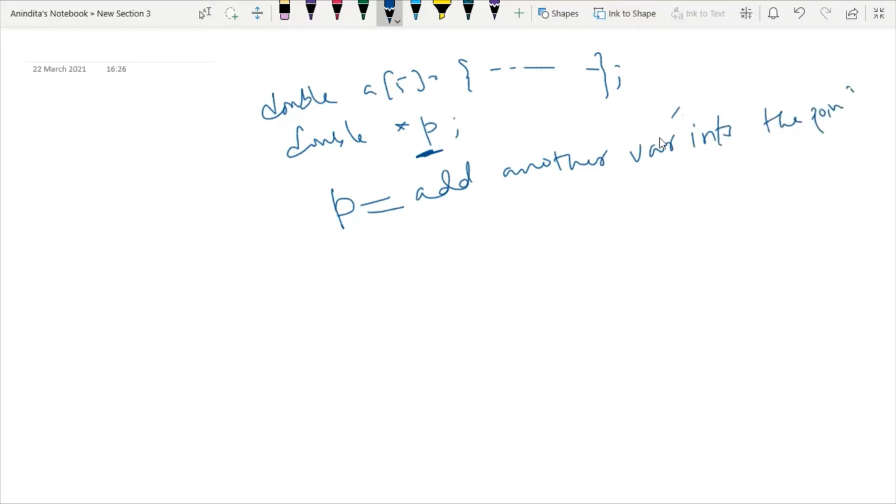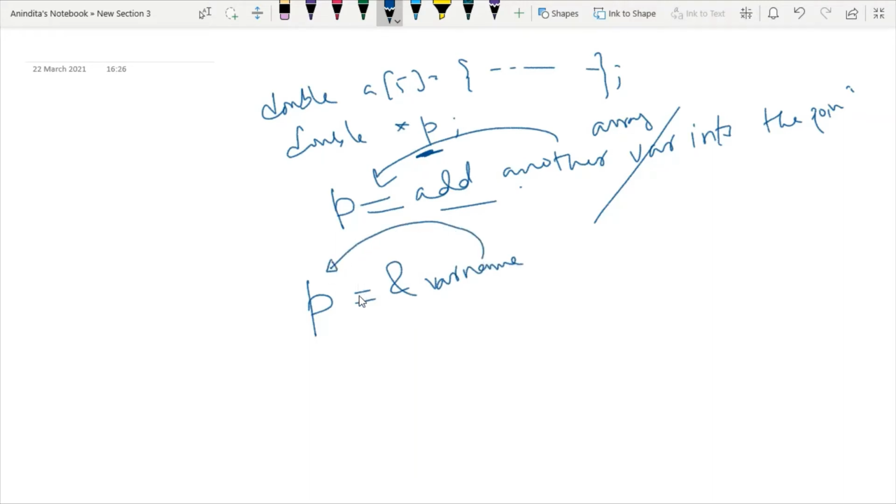I don't have any variable, so I want to assign the address of the array into the pointer. Now how to assign the address of a variable? We have to write ampersand and then the variable name. This is how we can assign the address of some variable.